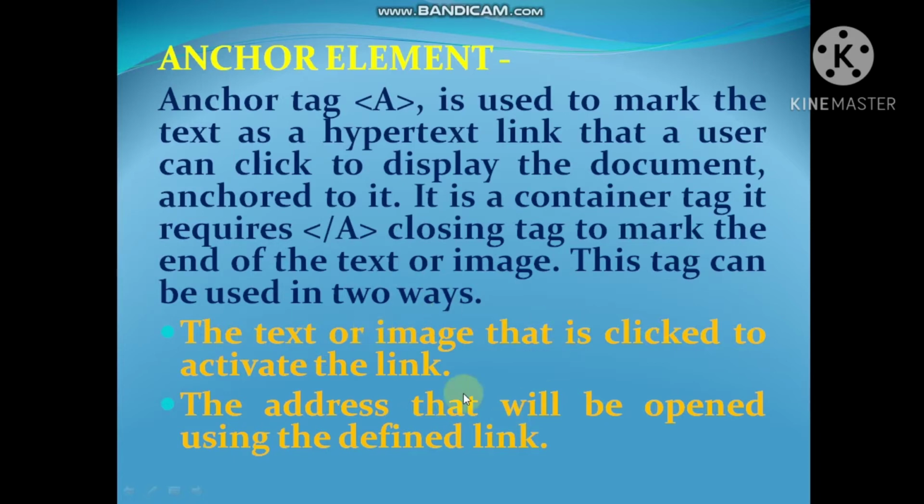This tag can be used in two ways: the text or image that is clicked to activate the link, and the address that will be opened using the defined link. When you click on that text or image, it will open the other web page.